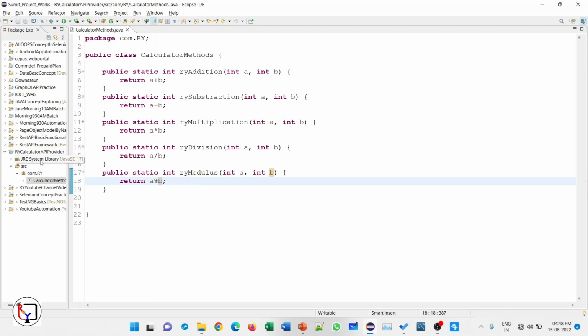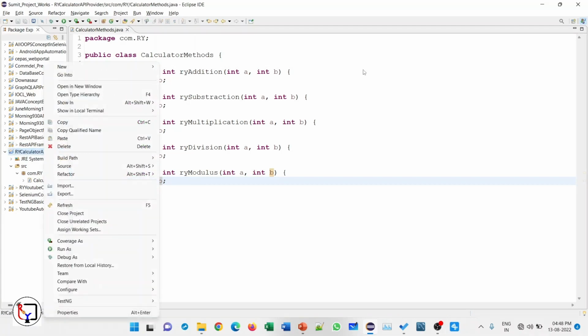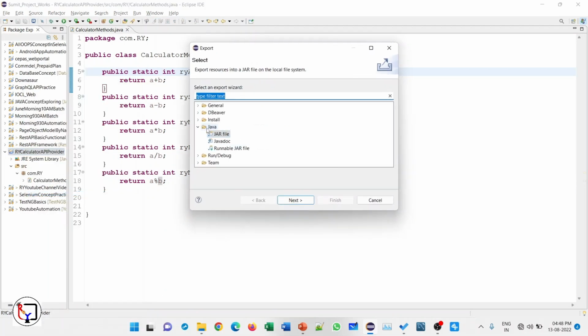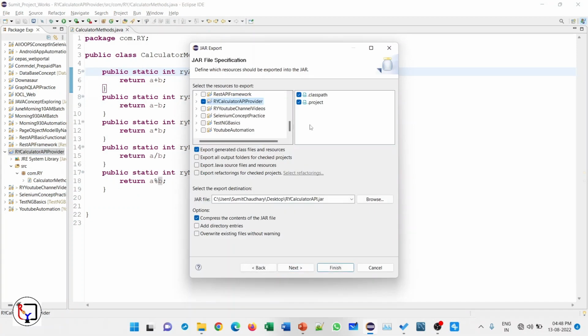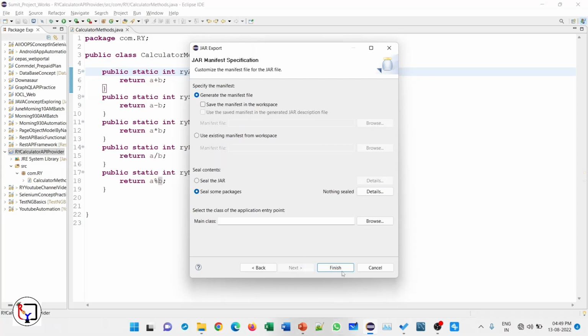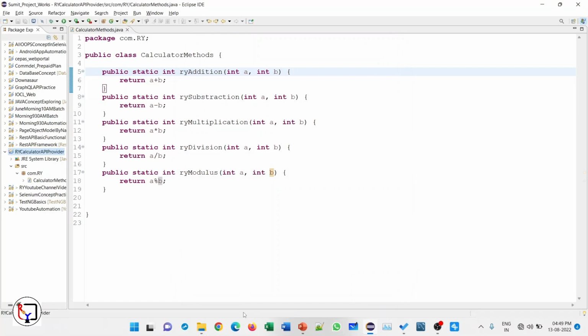Okay, now I create an API for that. Right click on the project, export, Java, the jar file, and next. Now I'm going to save this jar file on my desktop. Next, and next, and finish. Okay, as you can see